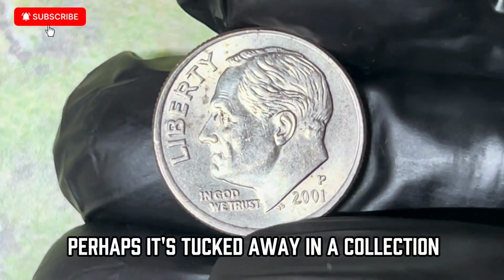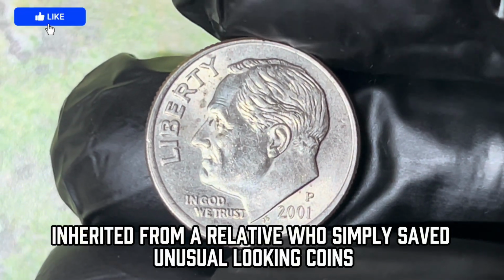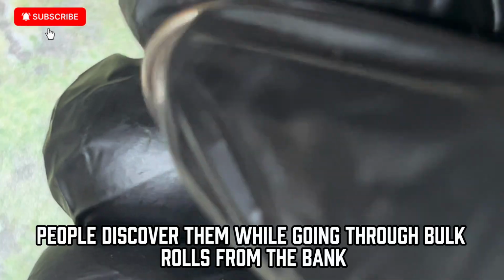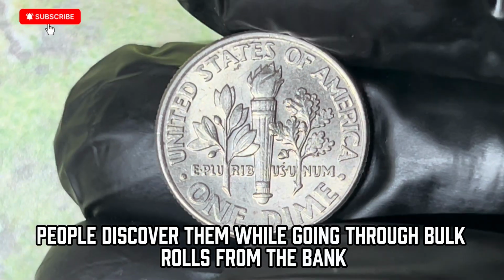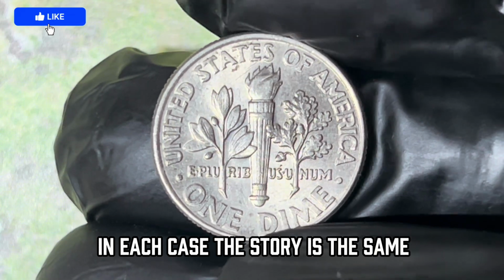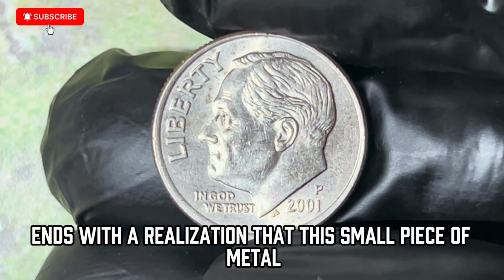Perhaps it's tucked away in a collection inherited from a relative who simply saved unusual-looking coins. Maybe it shows up in change at a grocery store. Sometimes people discover them while going through bulk rolls from the bank, a common hunting ground for collectors. In each case, the story is the same. What starts as an ordinary day ends with a realization that this small piece of metal could be worth tens